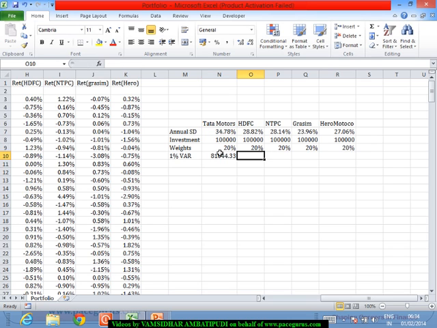So for the 100,000 that I am investing, the 1 yearly value at risk works out to be 81,044. That is the annual VAR associated with this example. And similarly, for HDFC, it works out to be somewhere around 77,